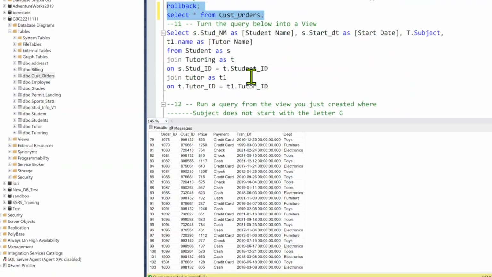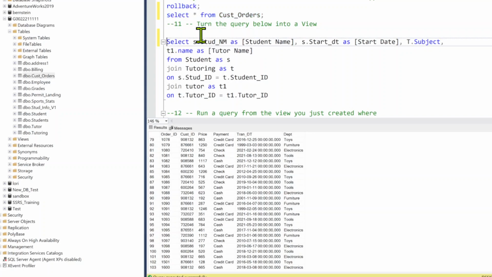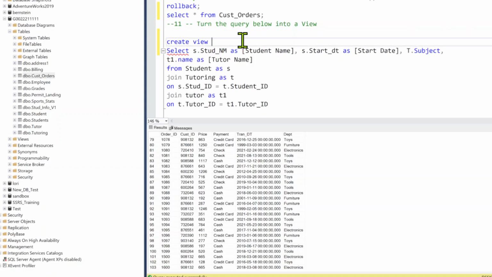All right. So we're going to go here, and I want you to turn this query into a view. This is pretty simple. This is a query we'd made in an early joins lesson. So we're going to create view, give it a name. I'm just going to call this one first view, just for fun. Create view first view as, now